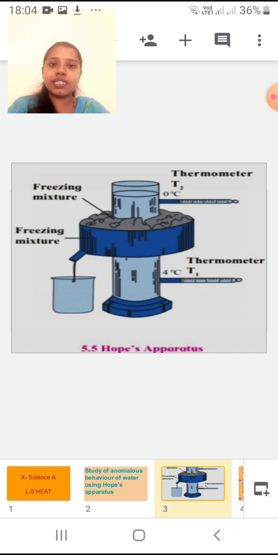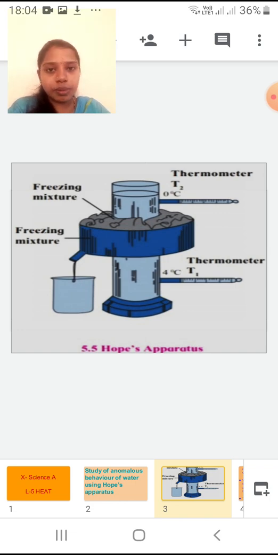In between you can see a cylinder. That cylinder is filled with water at normal temperature. Then in between you can see the dark blue bowl, or trough. It contains the freezing mixture, as written there. The beaker is kept below so that the ice melting in the freezing mixture, the melted water, will be collected in that beaker. So ice plus water is my freezing mixture.